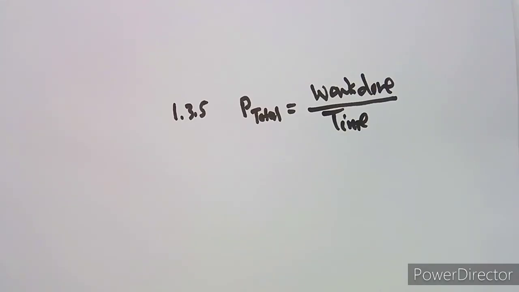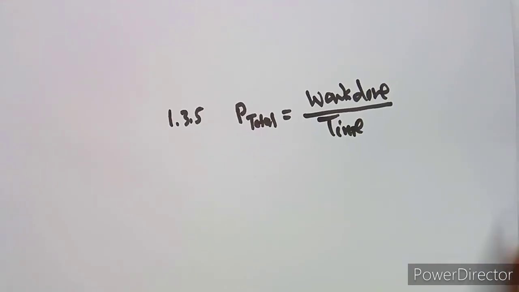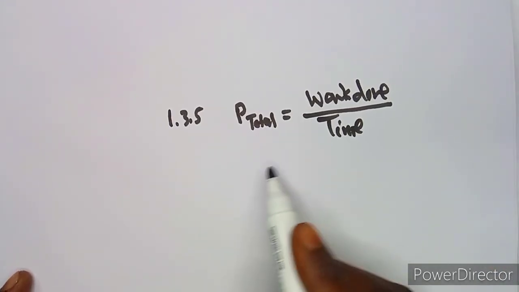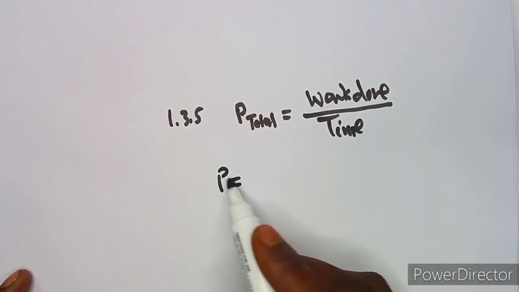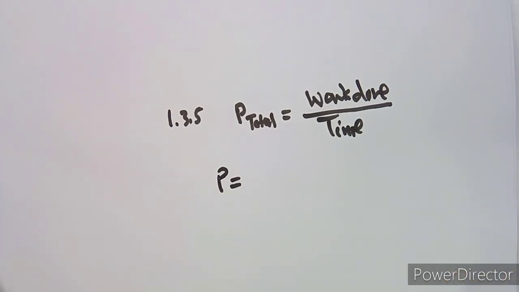So now what do we have here? Which work done are we going to use here? Okay, we do not know the work done so far, because there was a work done which was parallel, then there was a work done of the frictional. Which work done are we going to use? Okay, the work done that you are going to use is the work done which is taken from,